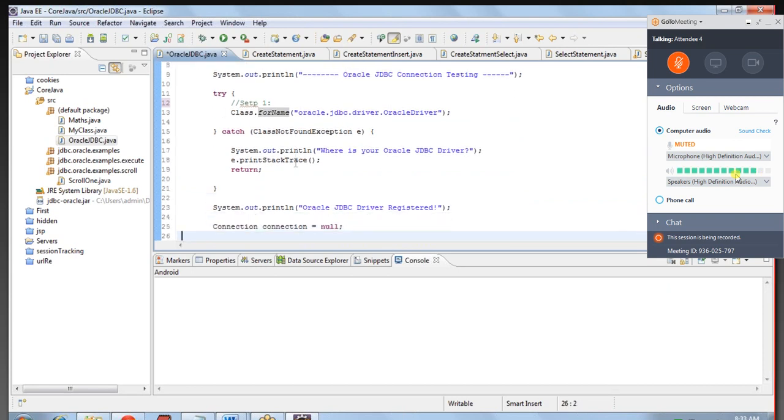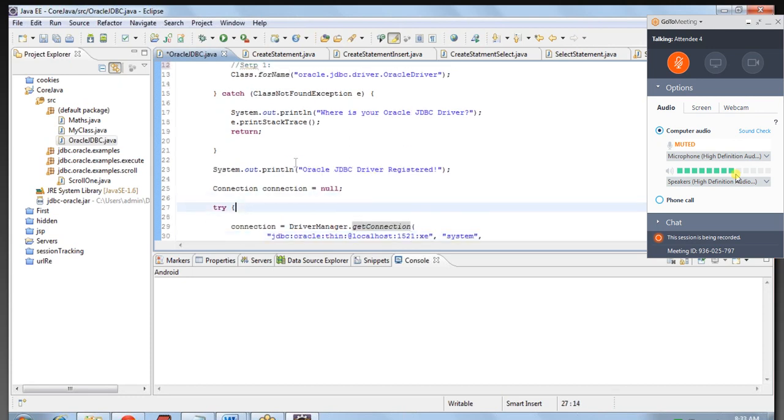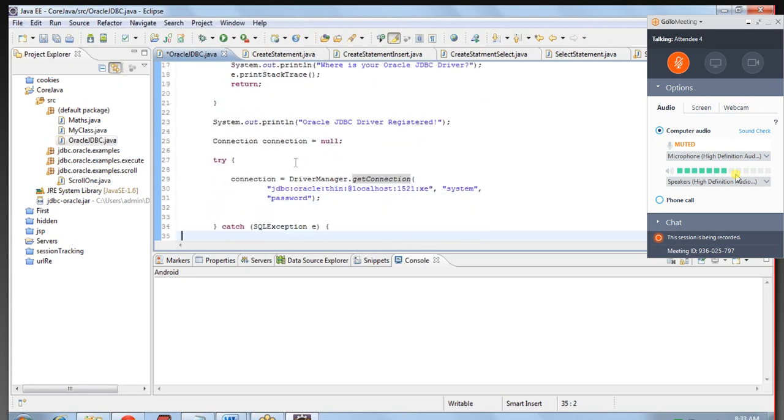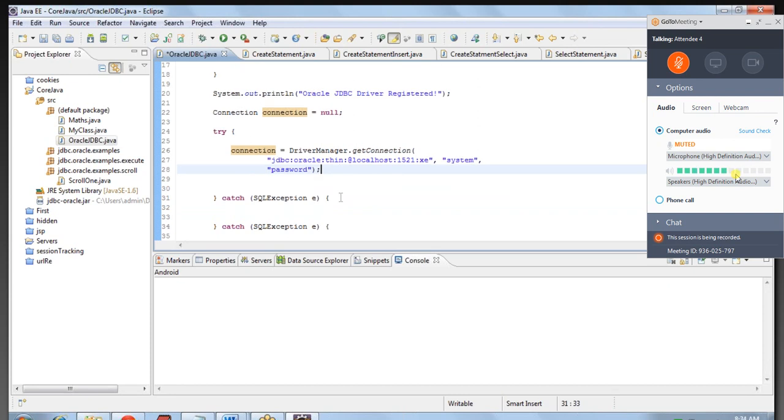Okay, and if you look here, he's creating a sample connection object of the Connection interface, and using the DriverManager.getConnection method, by sending the URL pattern and the username and password to the local DB, he's able to connect. I mean, we will be able to connect to the DB with the help of the connection object. So DriverManager.getConnection will always return you a connection object, and then inside the connection object you can create statements or prepared statements, and then once a statement is created, you can call either executeUpdate or executeQuery depending on your requirement. So this is how the JDBC step 2 is done, and the connection object is done, and the third step is